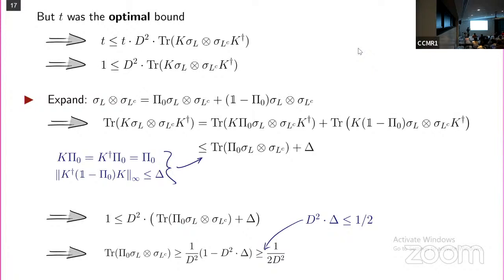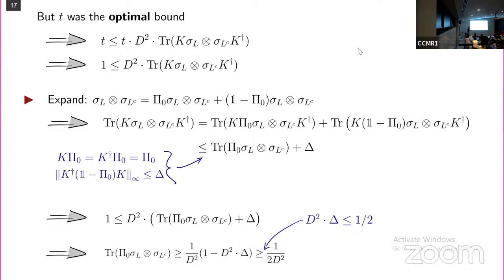We expand this product state into a part which is in the ground space and a part that is perpendicular to the ground space, and take the trace. Because this is an AGSP, if we have the ground space here, it can be absorbed into the actual projector. And here, since we are perpendicular to the ground space and acting with K, remember what K does when it hits something perpendicular to the ground space: it shrinks it by some delta. So altogether we get